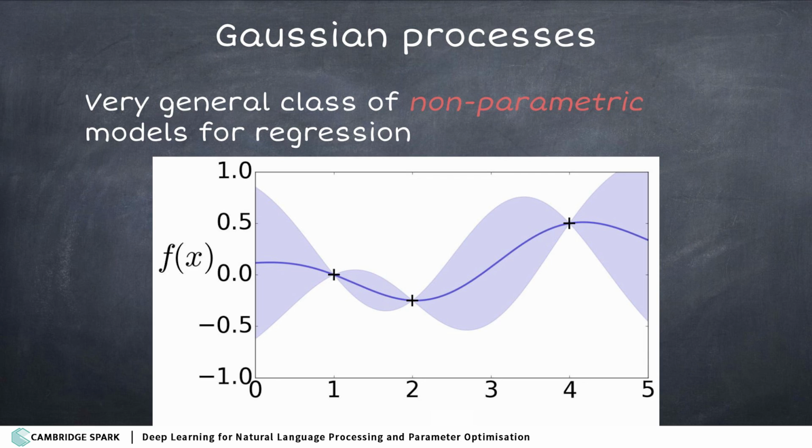Well, the idea is, imagine I only had one hyperparameter in my neural network. And I had been trying values of the hyperparameter, and I had observed that here I had a value of 0 on the left, then a value of, I think, -1/4 in the middle, and 0.5 on the right. And I was wondering, okay, now that I have this information, what's the next point that I should evaluate?